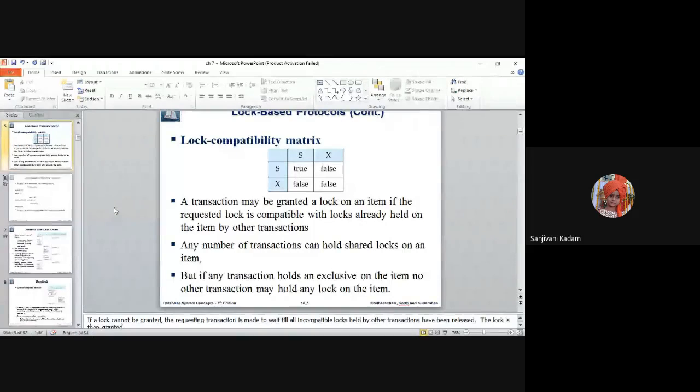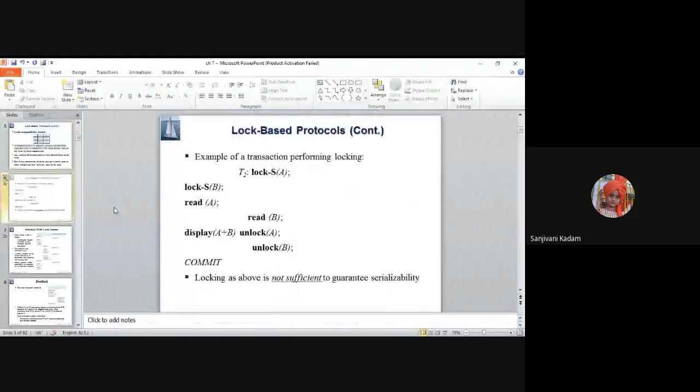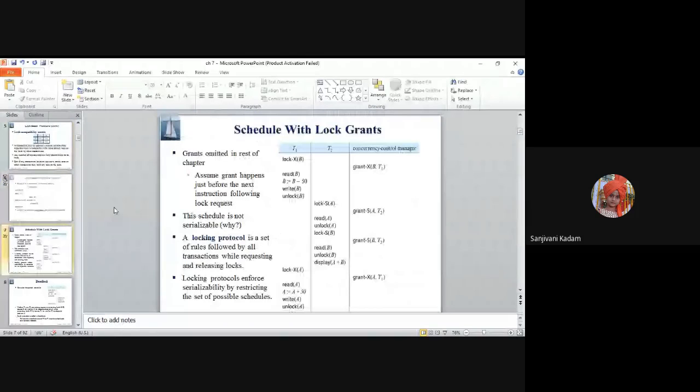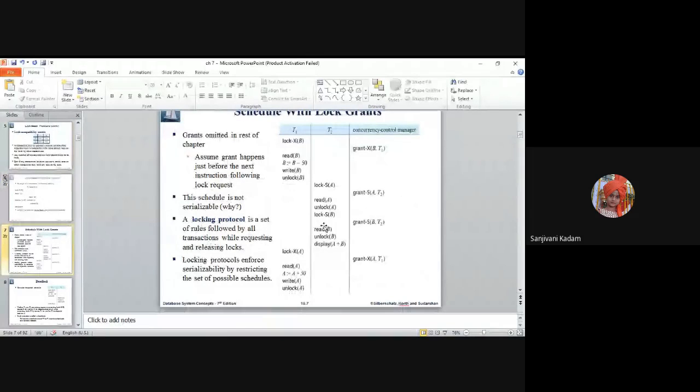On the basis of this, the lock manager will decide whether to grant the given lock or not. We have seen how a transaction willing to use a data item sends a request, how the lock manager will assign the lock, and how they can access the elements in exclusive mode, that is, mutually exclusive.